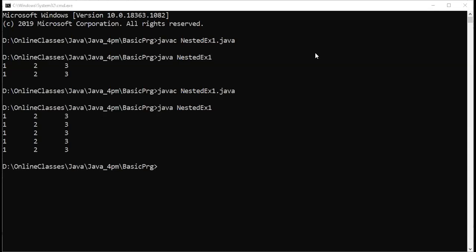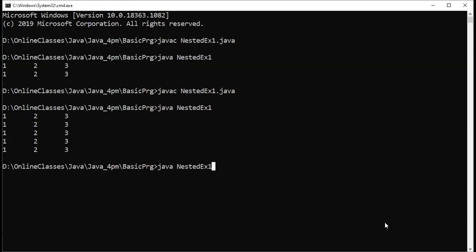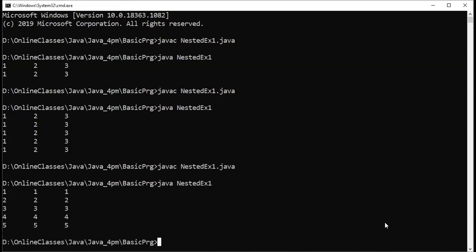I'm displaying column. That's why I'm getting column data. Instead of column, if you display row, now check it. Compile, execute. 1 1 1, 2 2 2, 3 3 3, 4 4 4, 5 5 5, all 5 comes, right?